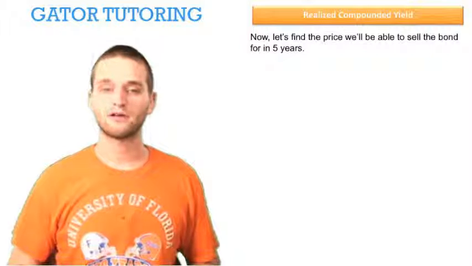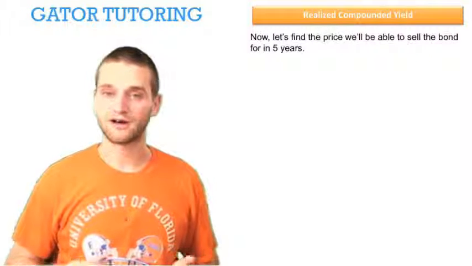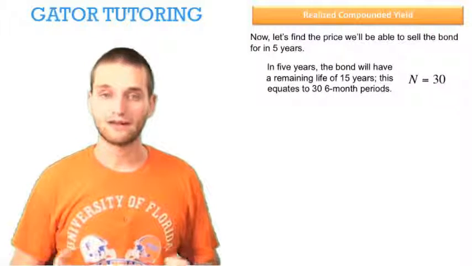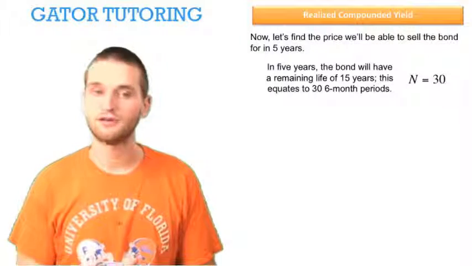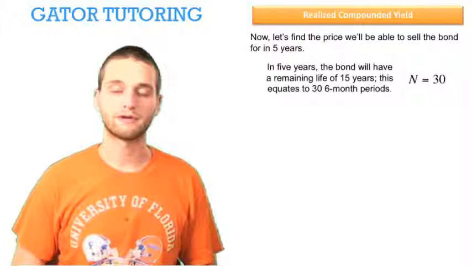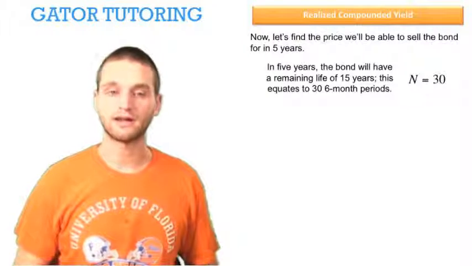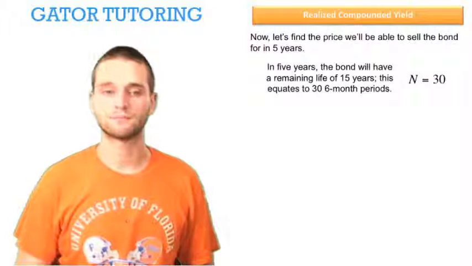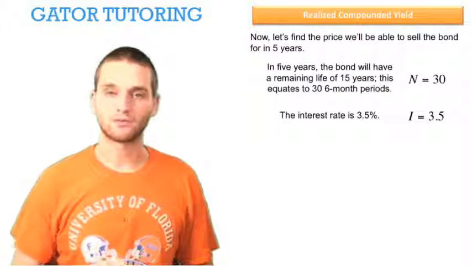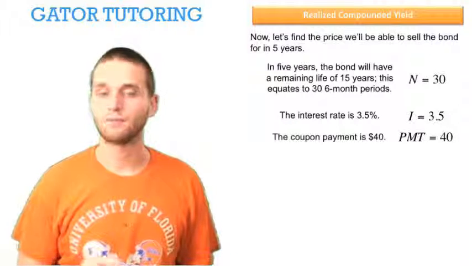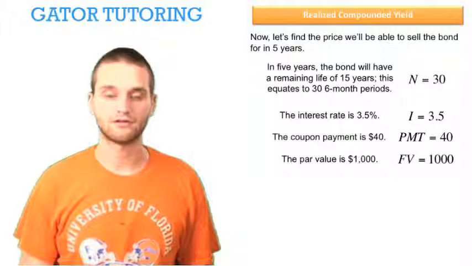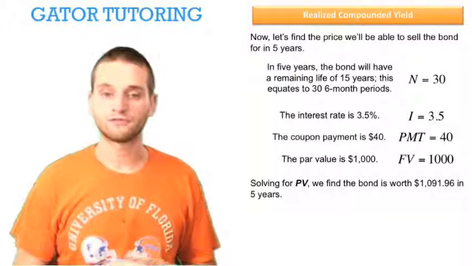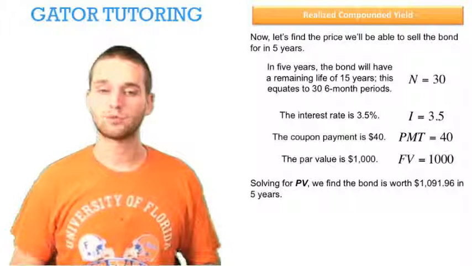Now let's find the price that we'll be able to sell the bond for in 5 years. Well, in 5 years, the bond will have a remaining life of 15 years. This equates to 30 6-month periods, so we enter in 30 for N, again because our coupons are every 6 months. The interest rate is 3.5%. The coupon payment is $40. The par value is $1,000, so we solve for present value, and we find that the bond is worth